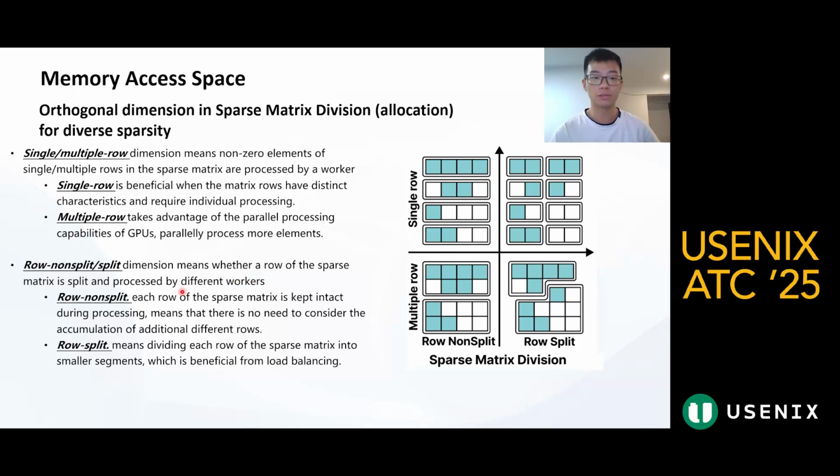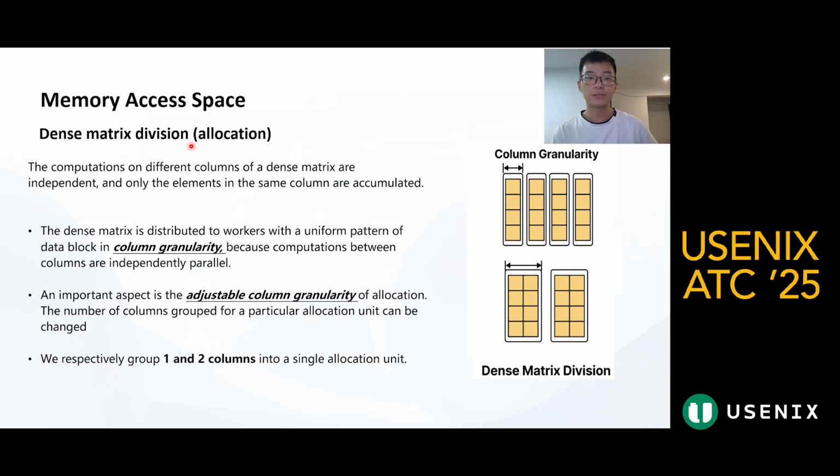Row non-split means that there is no need to consider the communication of additional different rows. But row split needs to consider different rows, which is beneficial for load balancing. For this matrix division, the computation on different columns of this matrix are independent, and only the elements in the same column are accumulated. So the dense matrix is distributed to workers with a uniform pattern of data blocks in